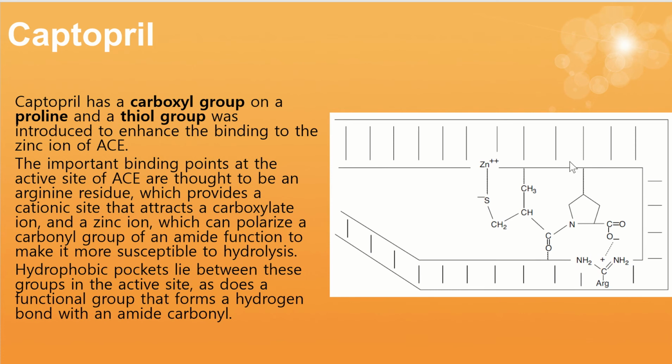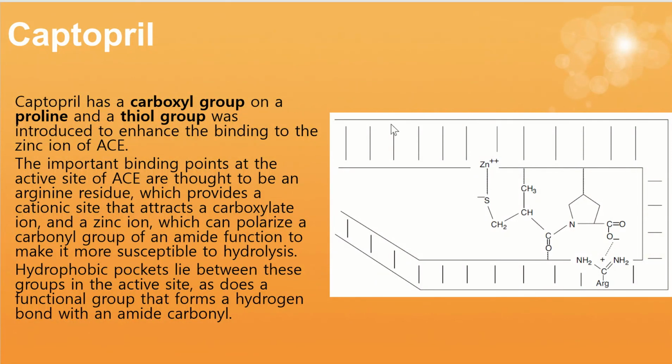So this again is the active site of ACE, and they're showing the interaction of Captopril with the different binding points. So the important binding points at the active site of ACE are thought to be an arginine residue, down here, which provides a cationic site, and of course you must know cationic means plus, that attracts a carboxylate ion here,